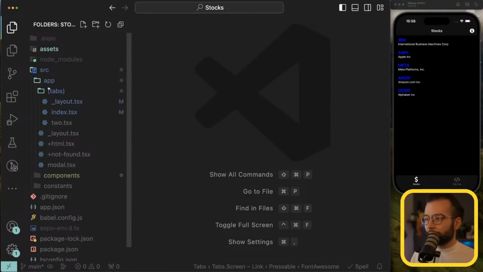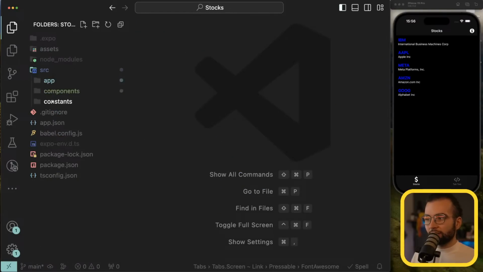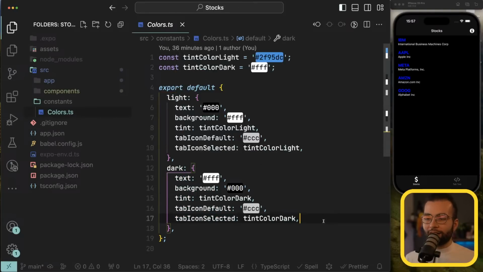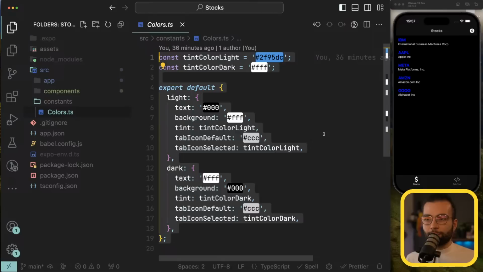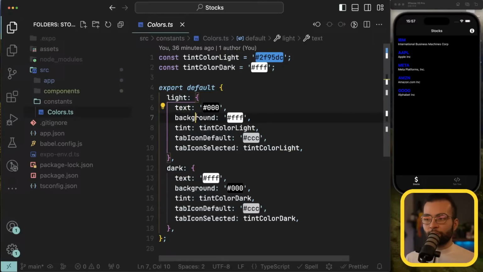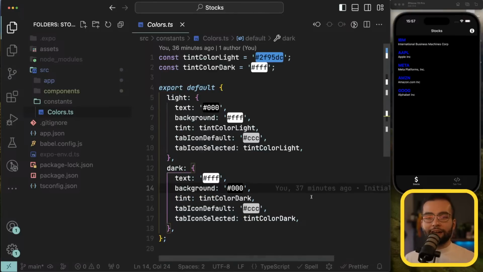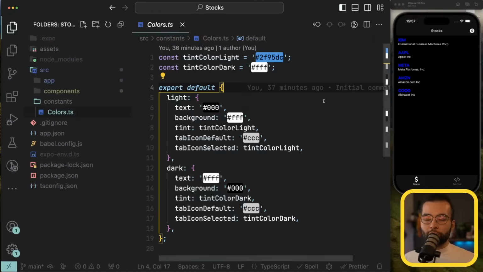For example, the template that we are using already has a constant with a file called colors. This file is tokenizing the colors in a way that we define all the colors that we are going to use in the project in a single file, and then we are simply referencing them from here. This way, our colors will be consistent in every screen, and whenever we have to change them, we are going to be able to do that easily